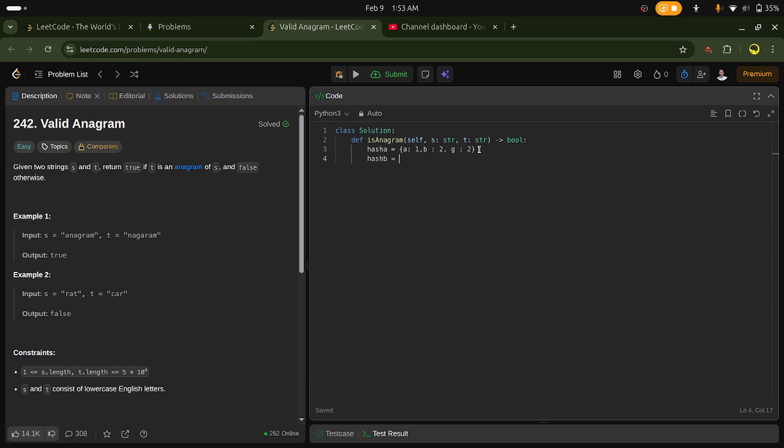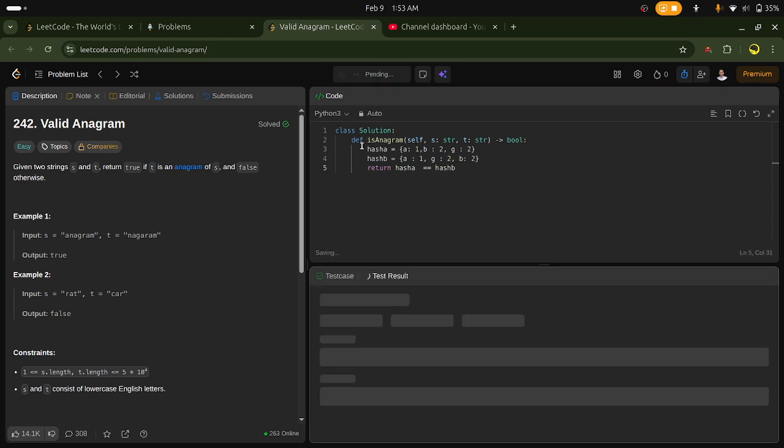This is not the solution, I'm just giving you an example to make you understand when it will return true. a colon 1, g colon 2, b colon 2. Return hash a equal to hash b. If I run this,